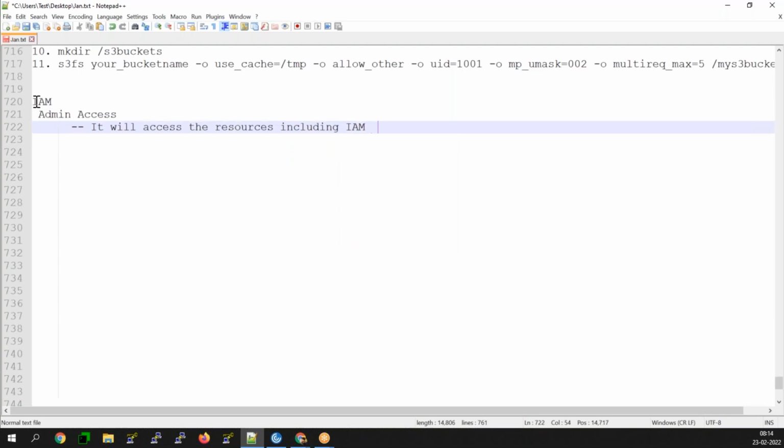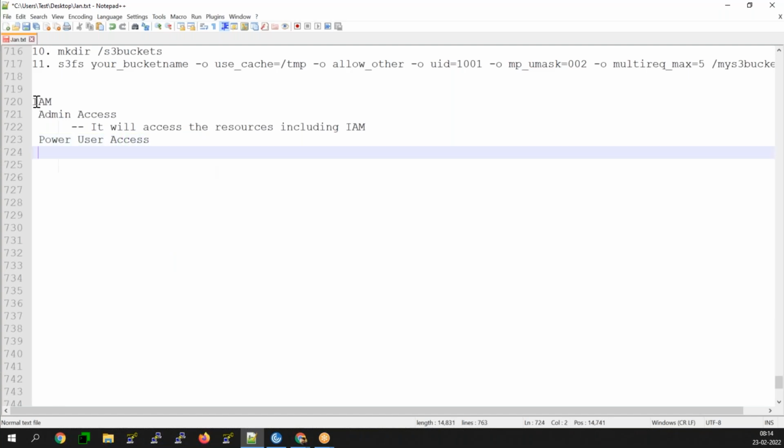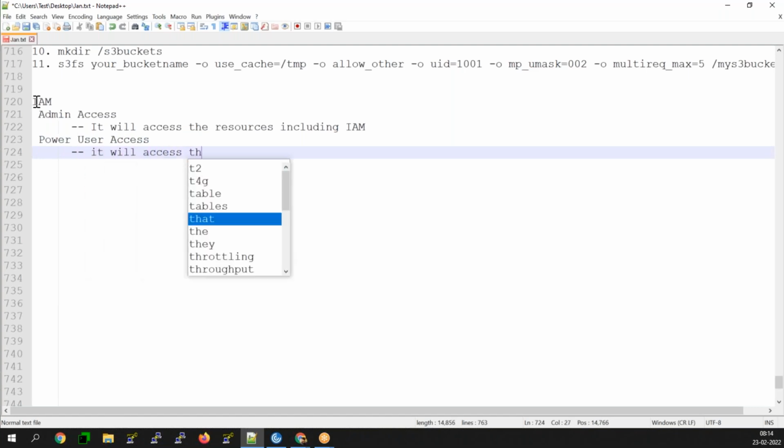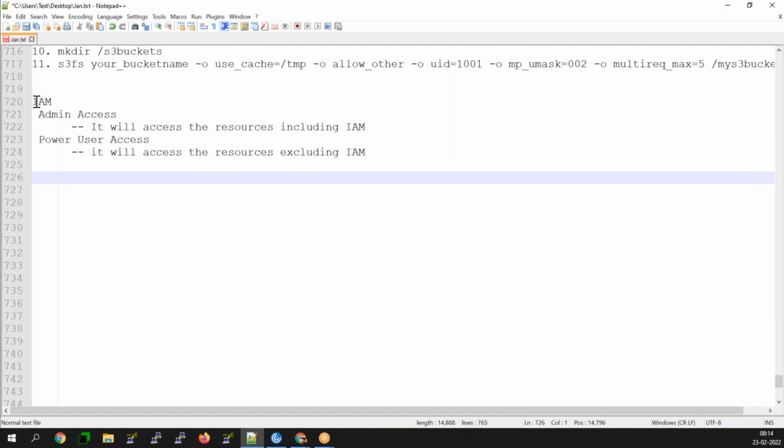The other is power user access, which will access the resources excluding IAM. This is one main important thing.